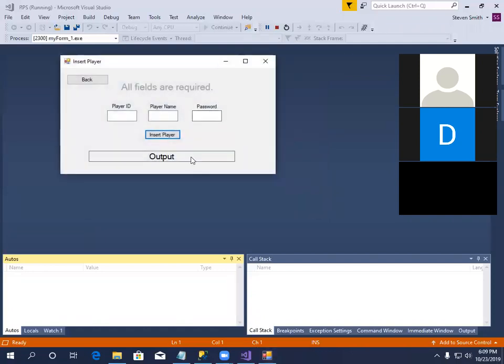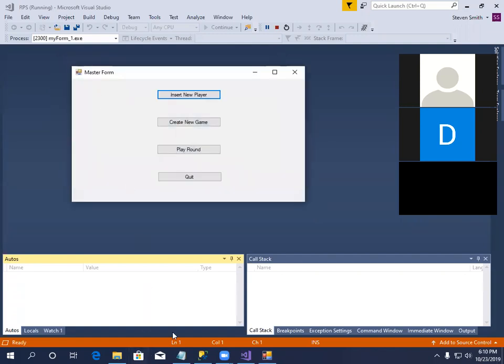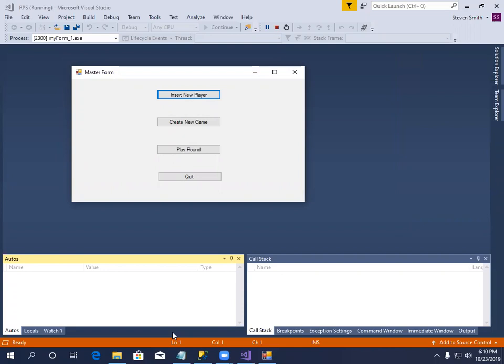Okay, so I can insert a new player, and my player ID is Smasher, and his name is Bill. I haven't fooled with the password. I didn't put the password in, so that doesn't attach to anything. We could add a password to it, but it just adds a little more complexity, and it doesn't really get us anything that I can see that's important. And so when I say insert player, I get that Smasher was inserted successfully. And it clears the fields afterwards. And I think that's good. When I'm done, I can go over and look at the table. And if I do a select from where on the table, I will see that Smasher has been added